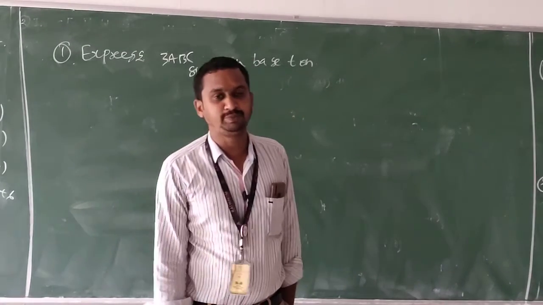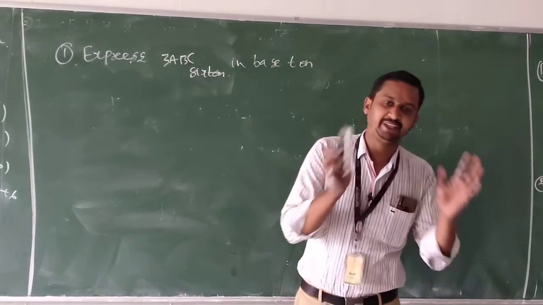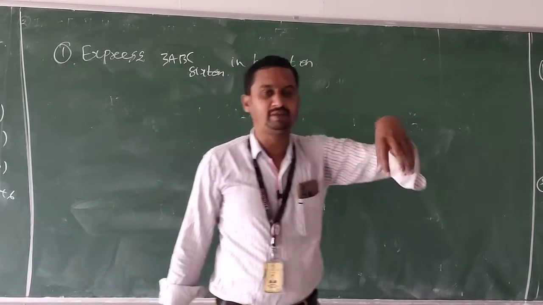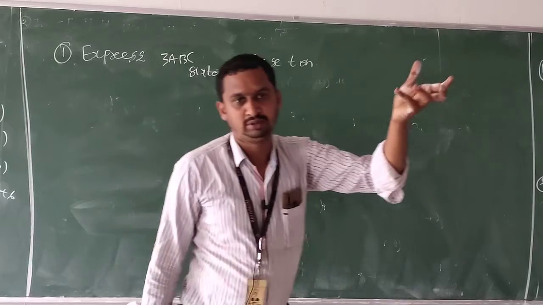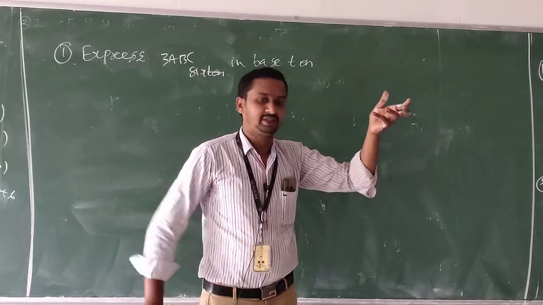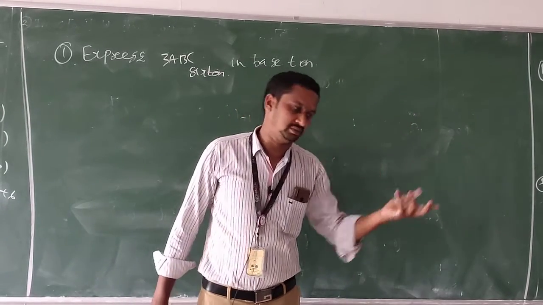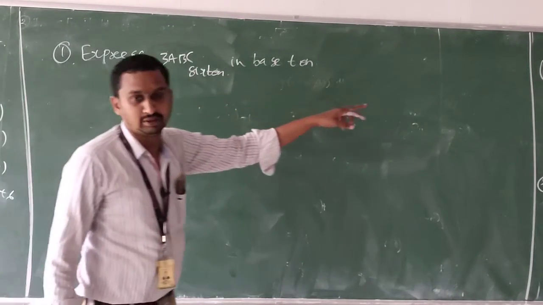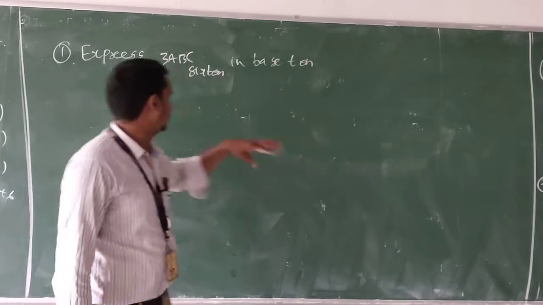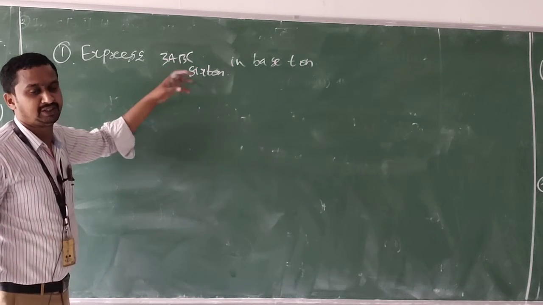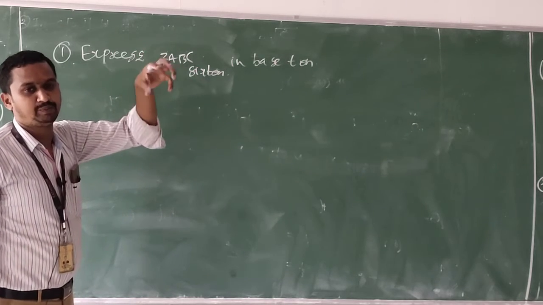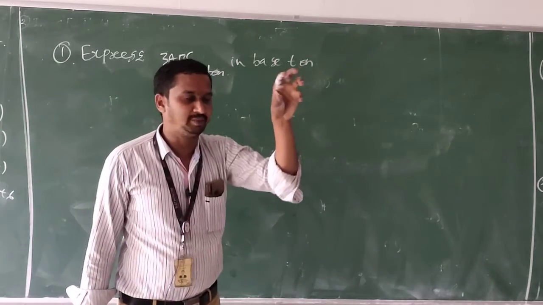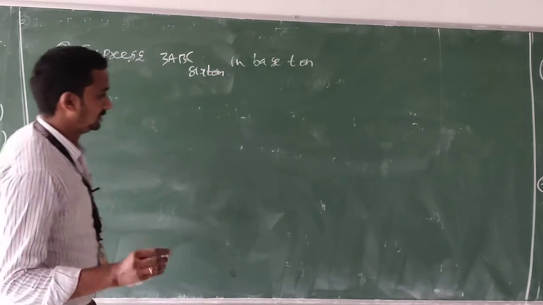In a binary base representation, generally you use binary operation 0 and 1 for the integer. The problem is given for 3ABC. In terms of alphabet notation, ABC means you have an assumption: what is the A, what is the B, what is the C? That is the basic rule.